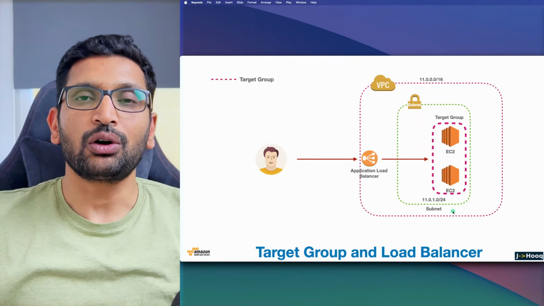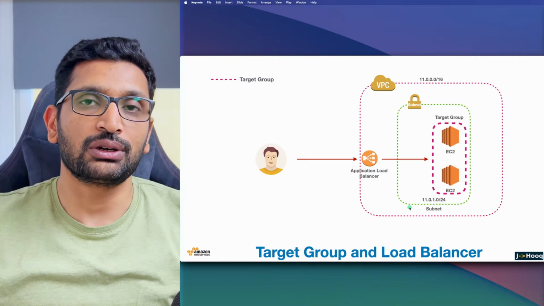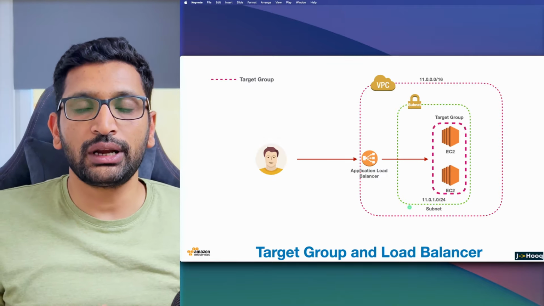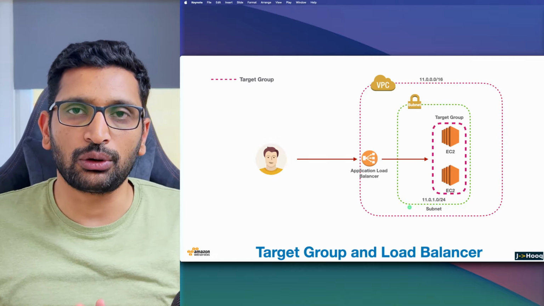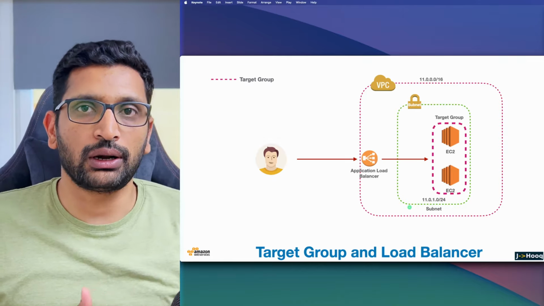In this session, we are going to talk about the target group and application load balancer. First, we are going to see what is the importance of target group, how to create a target group, and how to associate that target group to the application load balancer. And in the second part of this particular session, we are going to perform a demo where we are going